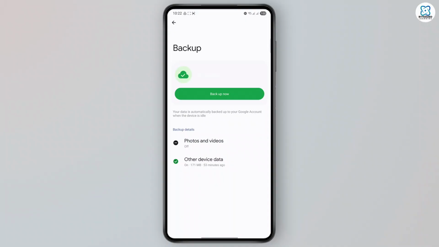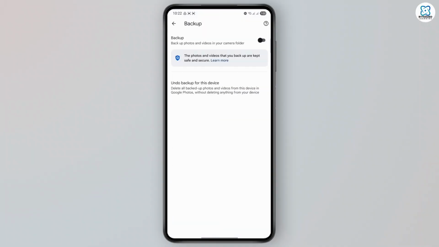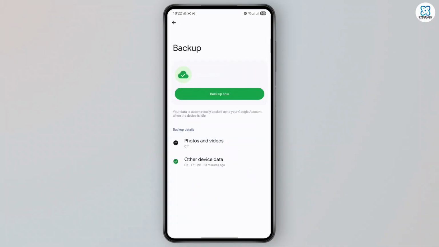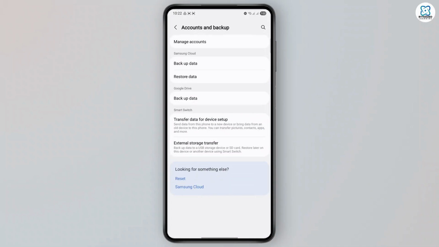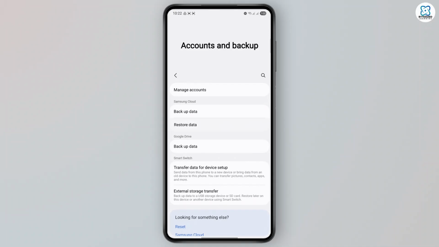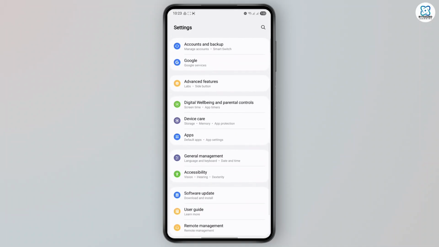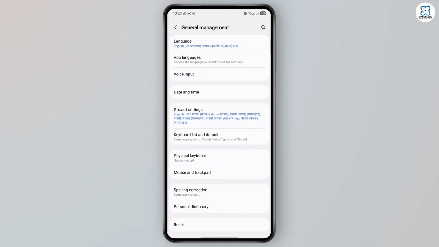If you want, you could also turn on photos and videos. You just go ahead and tap the toggle icon to back it up. Once that is done, you could just tap on the backup now button and it will automatically back up data on your Google Drive. If you don't see this option here, you want to scroll down and find General Management,